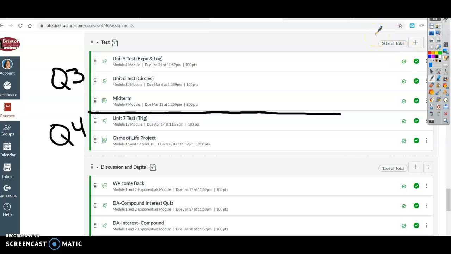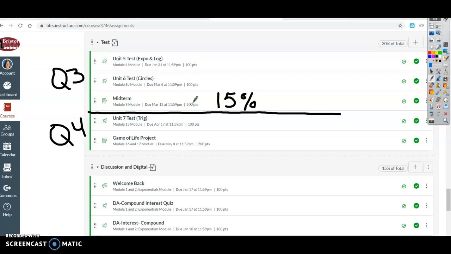I want my midterm to be 15%. So in order for my midterm to be 15%, it has to be half of the total points in Q3. If each of these were worth 100 points, they would each be worth 10%. So I have to make my midterm equal half of the points for my test category